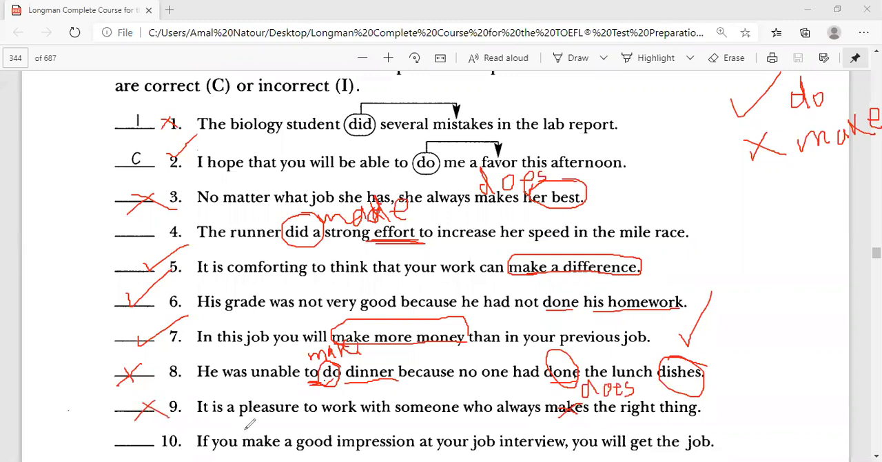Okay, number 10. If you make a good impression at your job interview, you will get the job. Make a good impression. Is it easy to make your manager have a good impression about you? No, it is not easy. You have to be creative, you have to work very hard, you have to make effort. So it is not easy. So I have to be creative to make a good impression. So this is right. Correct. Okay. Now